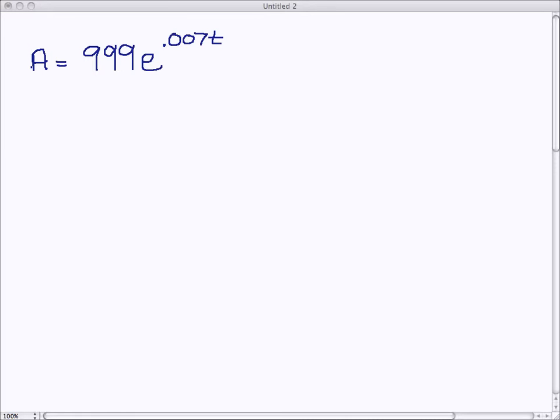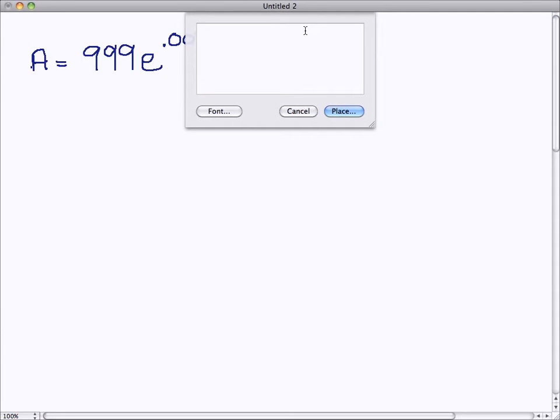Okay, let's look at a population problem, and we're going to deal with a similar population problem to one that you have been presented with on the essays, in which we're going to have a country whose initial population is 999 million, and it's growing at 0.7% a year, so that is our exponent. And I'm just going to make a little note off on the side, say that t is the time since